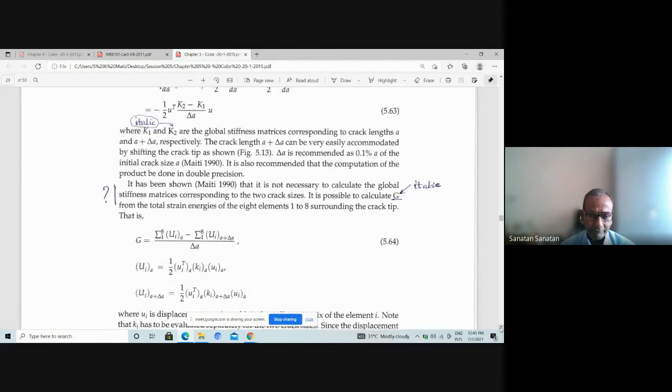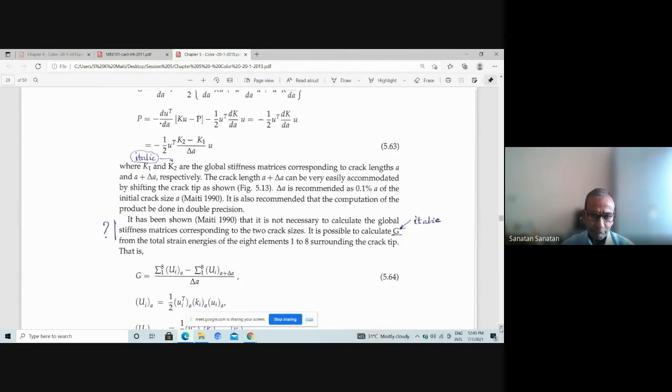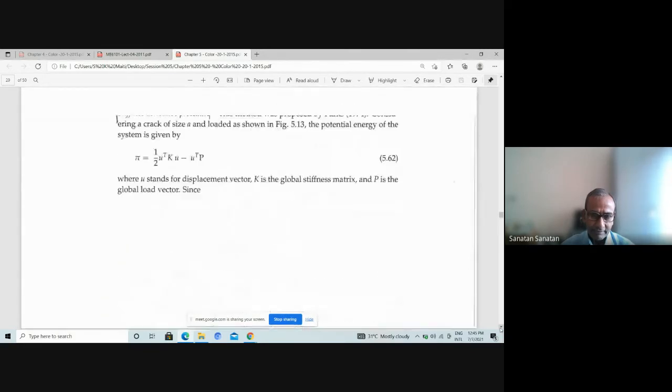And finally, we can go on hair splitting, and finally it can be proven that this integral can also be evaluated by a simple method like this. You see, it is a simple method like this. What is that? So